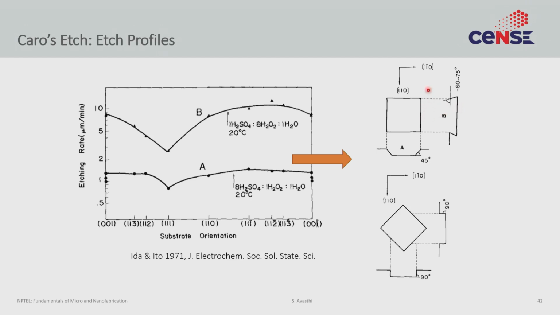from this direction, which in this case is the 1,1-0 direction, you would actually get a negative profile with an angle of around 60 to 75 degrees. Right? So in silicon, remember the angle was around 56 degrees and it was a positive slope, right? With the face being 111. In gallium arsenide, for this orientation, you actually get a negative slope, right? So it is broader in the bottom than it is on the top, and the angle is around 60 to 75 degrees. Interestingly, it's different from this direction versus this direction.